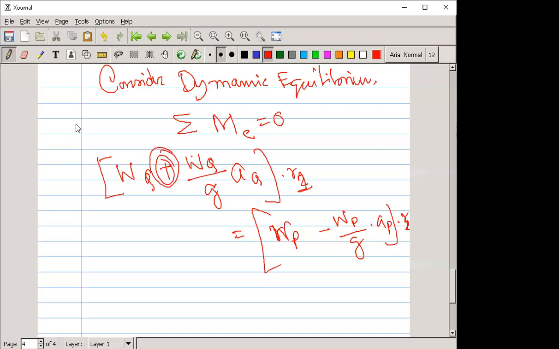So here minus plus, is it clear to all of you? Because W is the higher weight, it comes in the downward direction, so both are plus. And P is in the downward direction and P's acceleration is in the upward direction, as they are connected in the same pulley. So that's why it is minus.